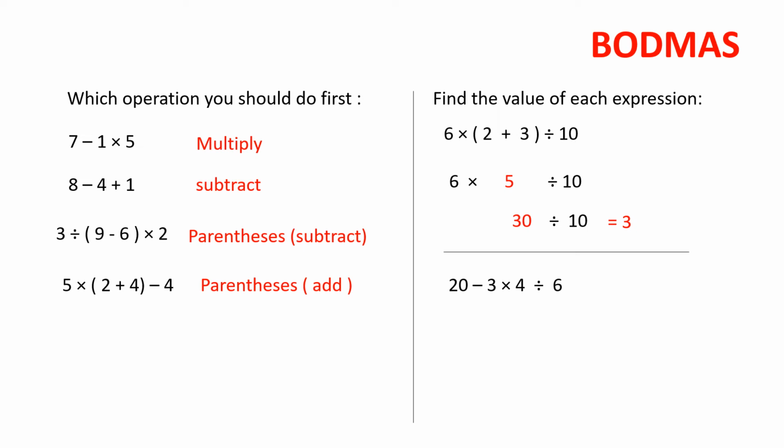So I have to multiply or divide, as I said in the previous example. So you have to multiply first. So what about 20 minus? Keep it down as it is. And divide by 6, also keep it down as it is. Then multiply 3 by 4, which is going to be 12. After that,